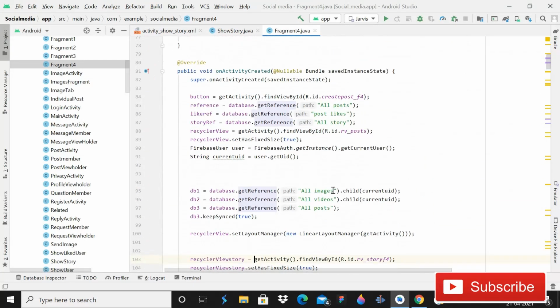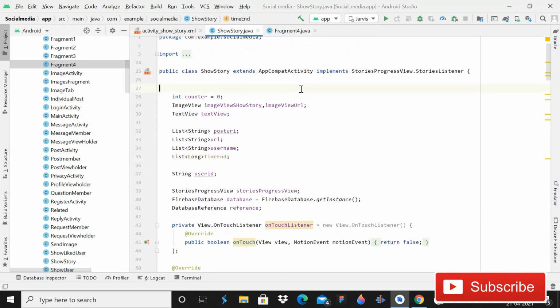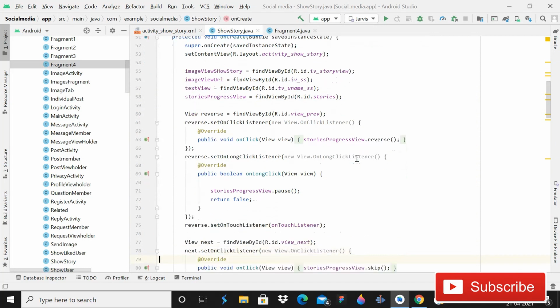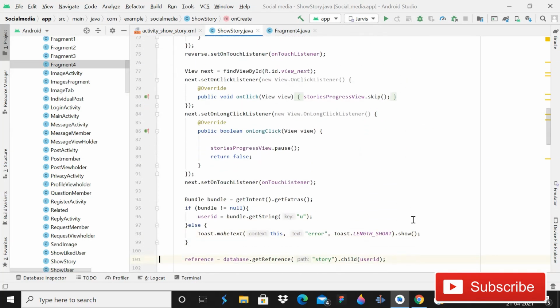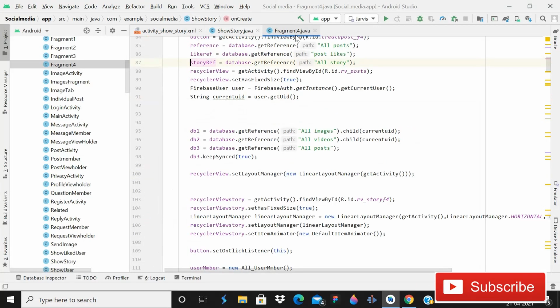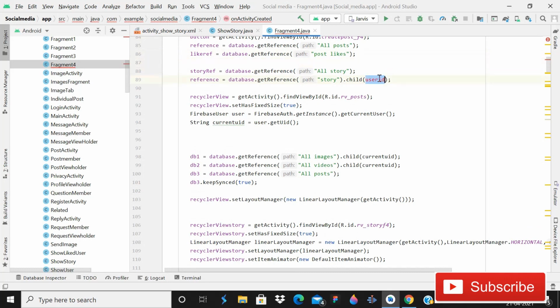So for now, here you can see that there is a reference for all story. Understand? And then here in show story, you can see that we also have a reference for user story. Yeah, and we need to copy that reference. So just simply copy this line from here, Control plus C, and then come back in this fragment 4, and just below this story reference you have to declare that reference, and then here you need to pass,